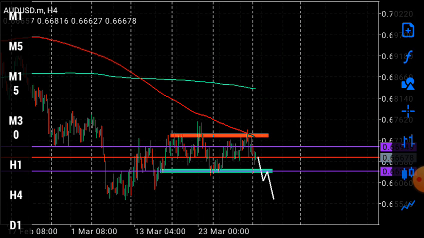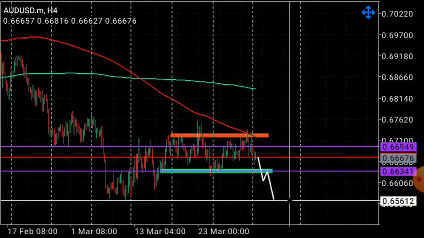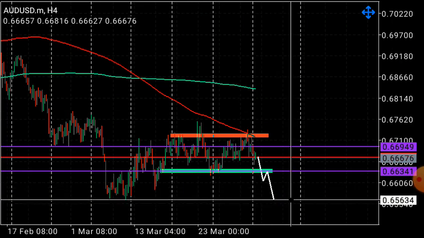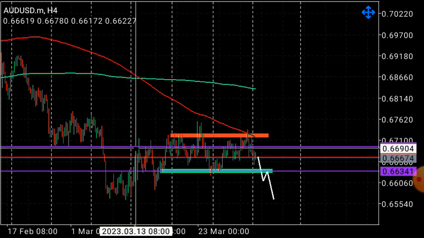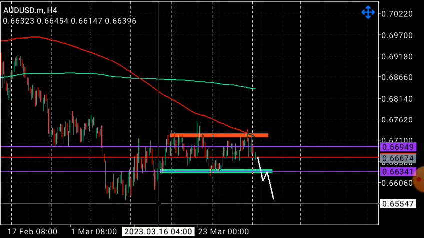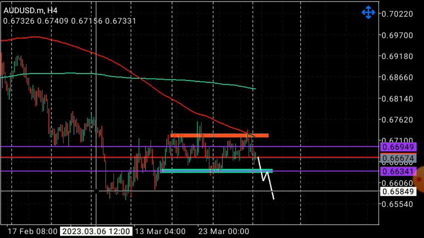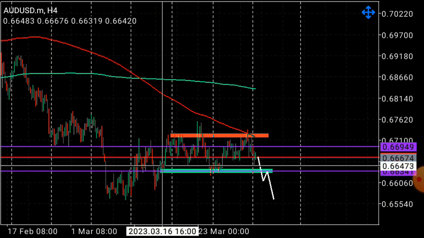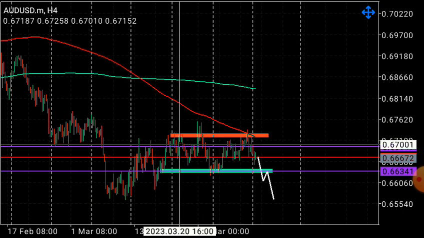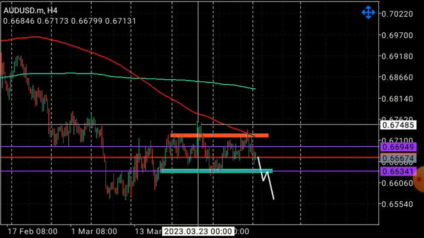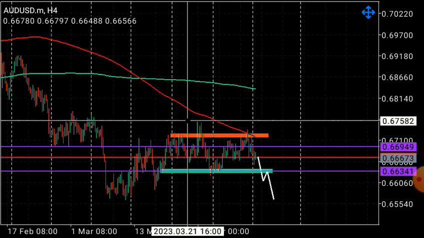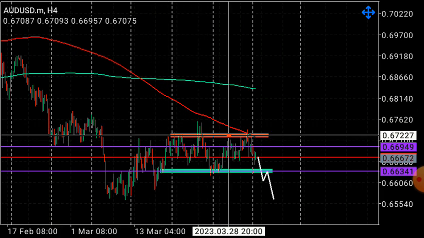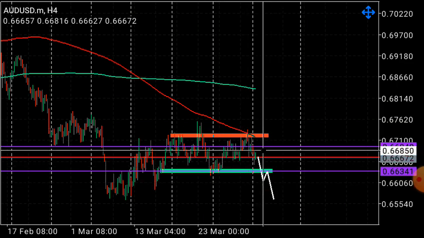We could have our first take profit somewhere at 0.65634, because now we had an impulse from that zone. The previous time we had a pullback and impulse, but price has been failing to take out the zone. So one test is not enough. We had another test, is not enough. So the buyers tried to come in and pull this market to the upside, but eventually it failed because it's failing to break this high. The sellers came in, took sells, and now we continue to see this market going down.